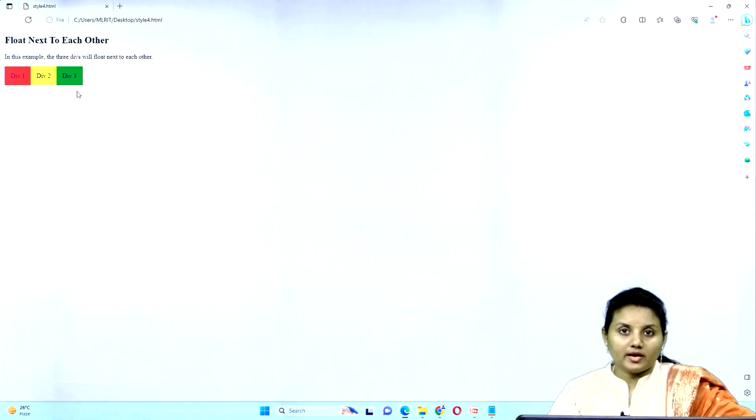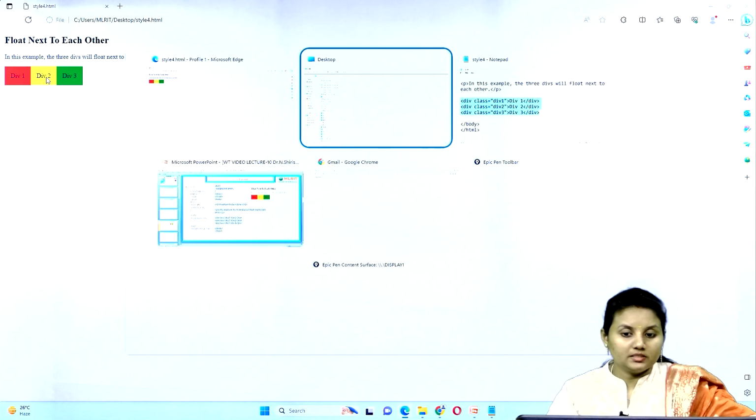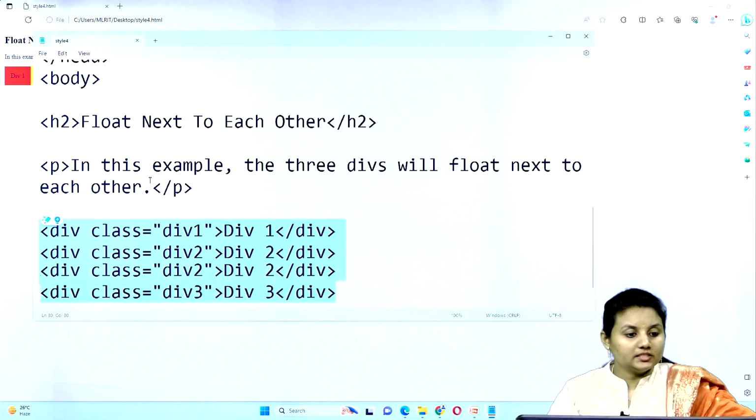What has happened here? Whatever text you have given in the H2 has been printed, and the P tag is also printed, and div 1, div 2, div 3, the three elements are assigned some styling with background colors, and those are affected. And towards the left, once div 1 is completed, then from there only, from the left only, div 2 is also getting displayed. So what I will do, I will just make it